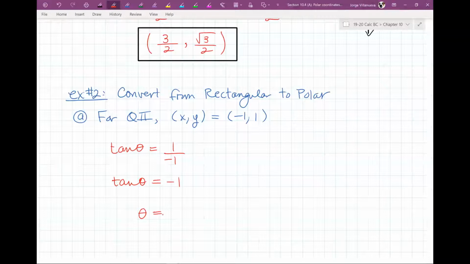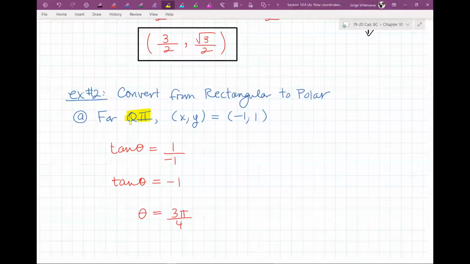So that would be what, pi over 4? It's some number pi over 4. 3 pi over 4, yeah. So this would be 3 pi over 4. That's why they mentioned the quadrant, okay? Because you can't just write pi over 4 and expect it to be in the same location as the point, okay? So the angle would have to be 3 pi over 4. Now, after that,